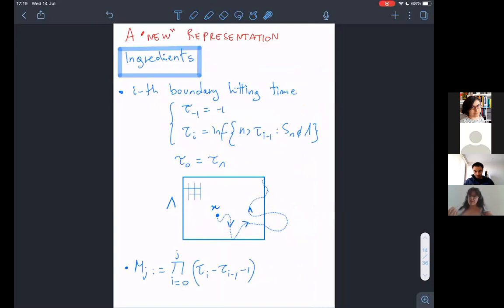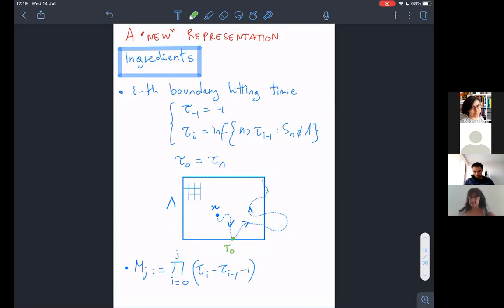So this representation, you are going to see, is a bit more complicated than that of the DGFF, and requires not just the first hitting time of the boundary, but successive hitting times of the boundary, or I should just say of the complement of your set. So let's say that, for instance, you have your lambda, your box, and you count at which times your random walk is outside of lambda or touches the boundary of lambda.